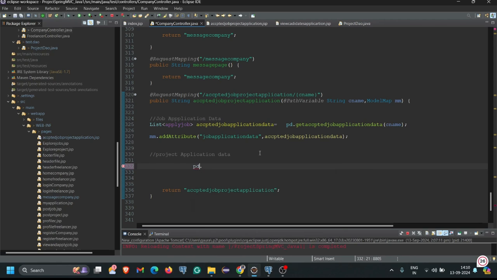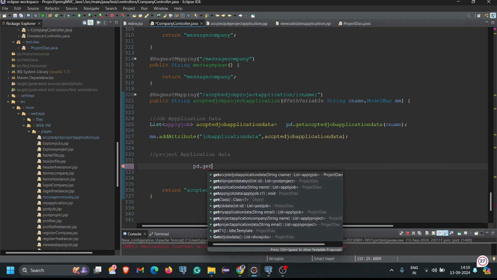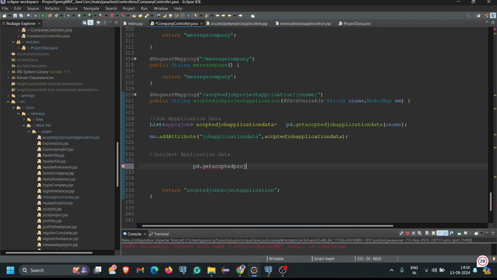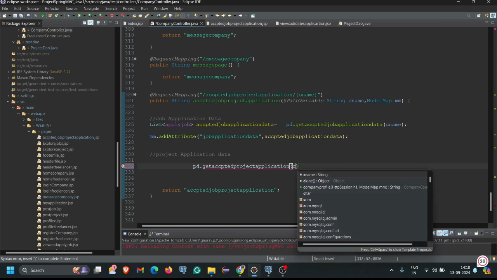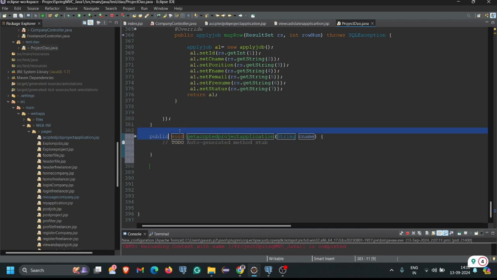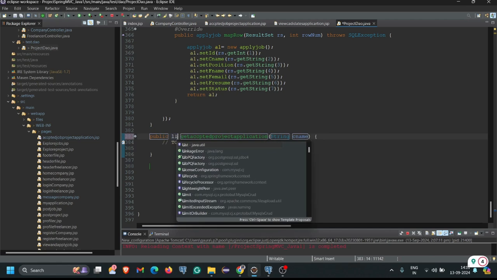So pd dot get accepted project application. We have to pass that cname here. We have to write a semicolon, click on get project application, hover on that particular method, then create method in the project DAO. Here you can see we have to change the return type here, that is the list,